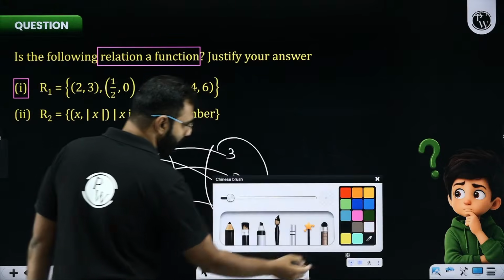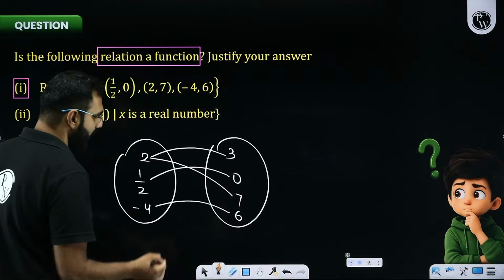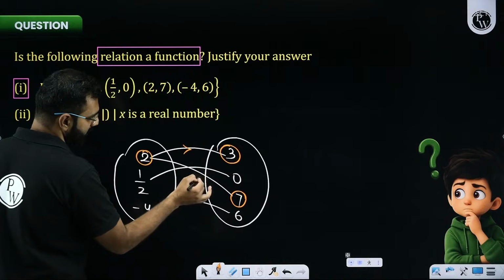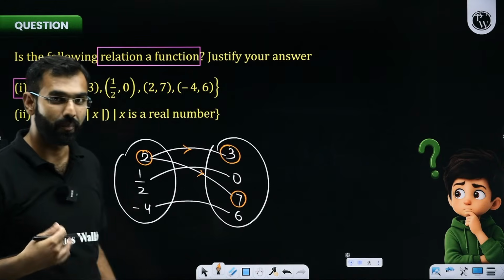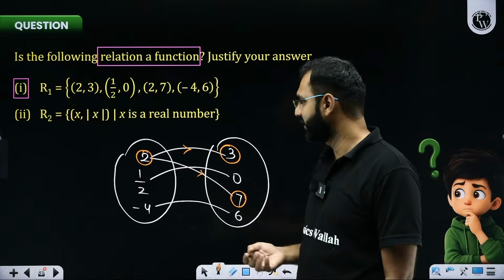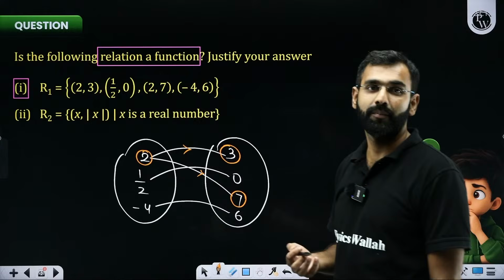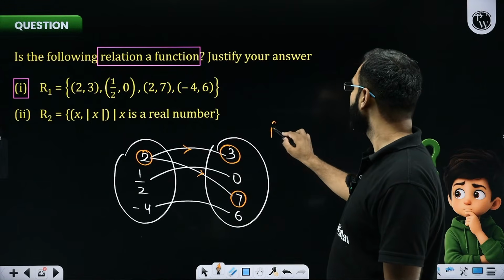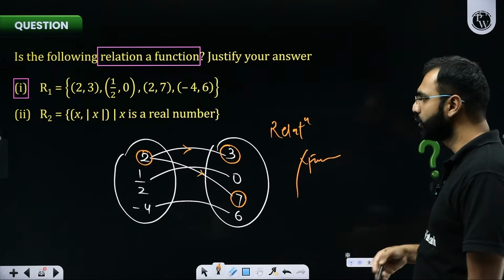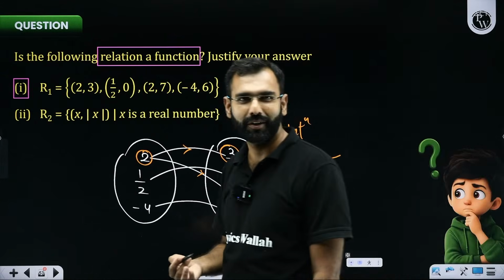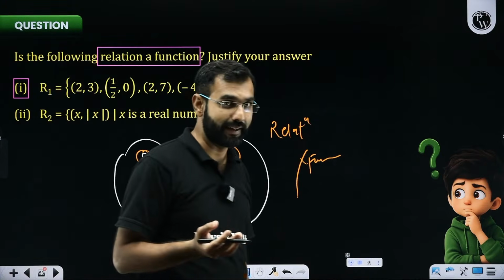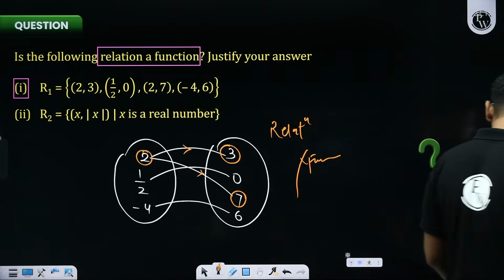And I hope some of you must have seen the problem. 2 is having an image 3 as well as an image 7, so 2 has more than 1 image. And if it does not have a unique image, what's the problem here? Sir, this is merely a relation, but this is clearly not a function, because here 2 does not have a unique image. Everybody got it? I'm sure some of you must have cracked it by the time I'm stating the answer. Yes or no? Everybody getting it?